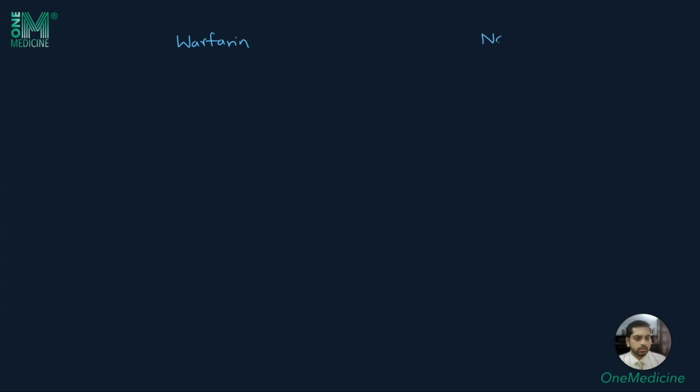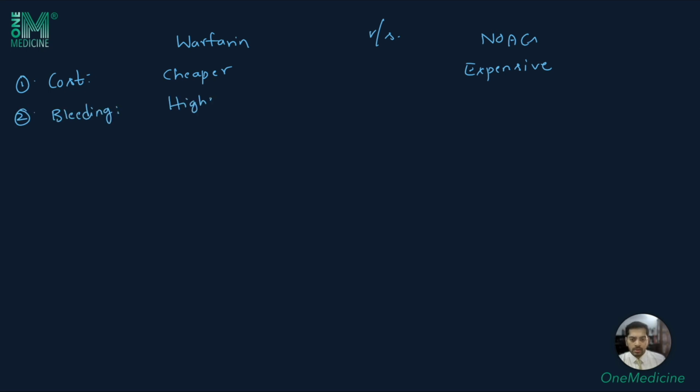Warfarin versus NOACs. The first one is cost. Warfarin is cheaper compared to NOACs. The bleeding risk is higher in case of warfarin and lower in case of NOACs. The efficacy: warfarin is used for comparison with NOACs, and in most of the cases NOACs are almost equally effective,